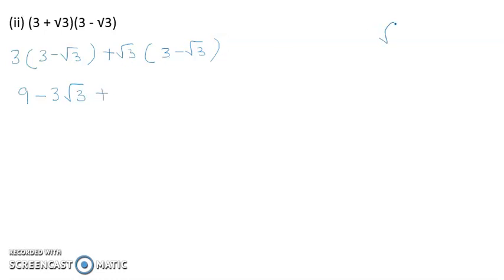See here on the right side, root 3 multiplied by 3 is equal to 3 root 3. Don't write root 3 and then 3. We write 3 first and then the root. So directly I'm writing now. Previous question also I explained. Root 3 into 3 is 3 root 3, right?